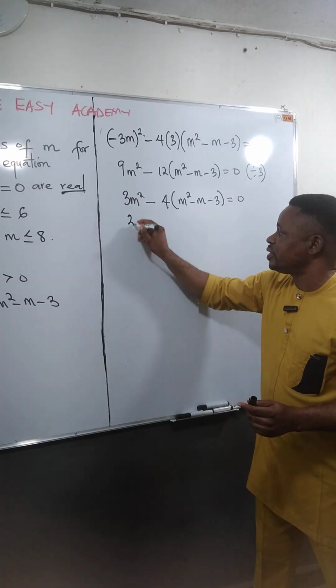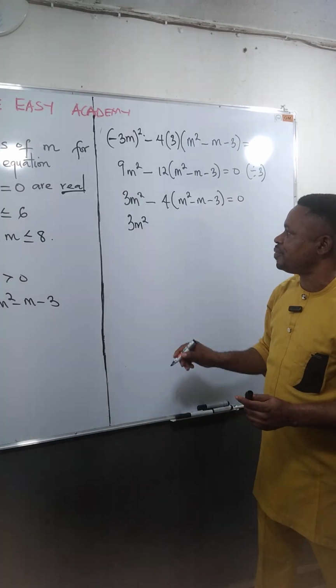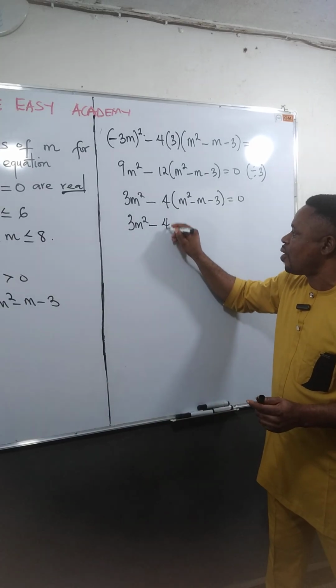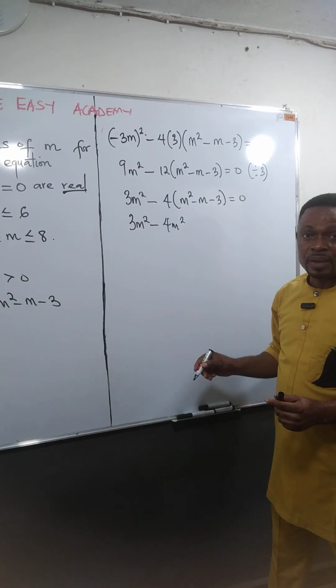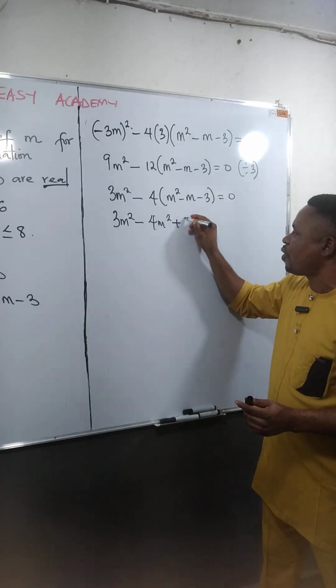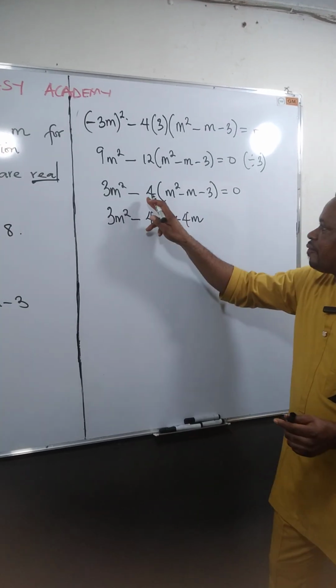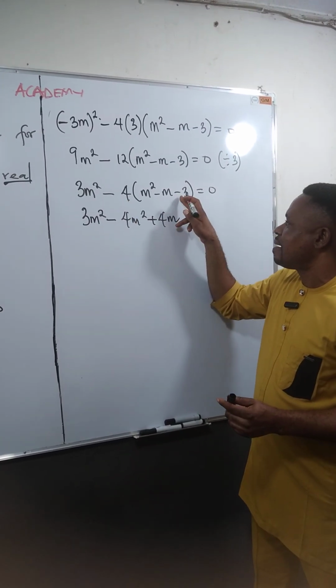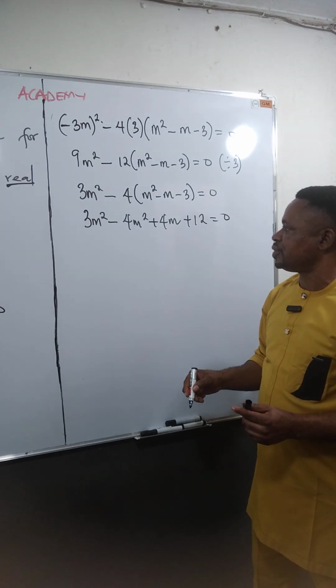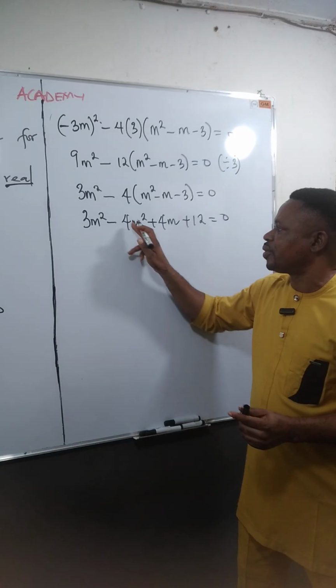Now the next thing is to use this particular 4 to open the bracket, so that I'll be having 3n squared, minus 4 times m squared, which is minus 4m squared. Then minus 4 times minus m will give you plus 4m. Then finally, minus 4 times minus 3 will give us plus 12. Everything should be equal to 0. I cannot join these together because the powers are